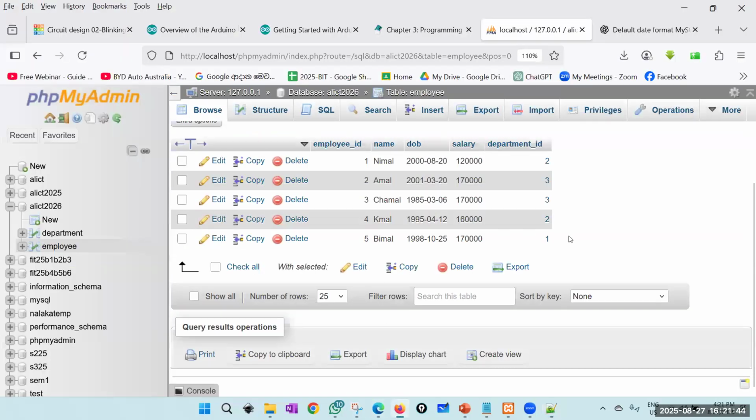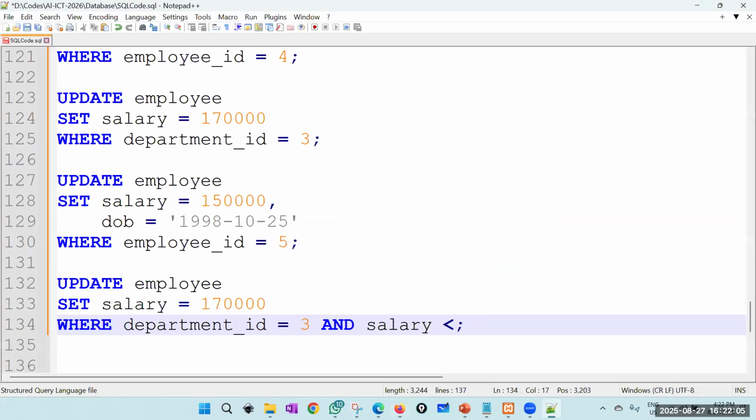So what are the current values? Department ID 3. Okay, let's say department ID 2 because we have two different salaries, 120,000 and 160,000. So I'll say when department ID is 2 and salary is less than 150,000, only do this update. So then only this will be updated. Salary less than 150,000